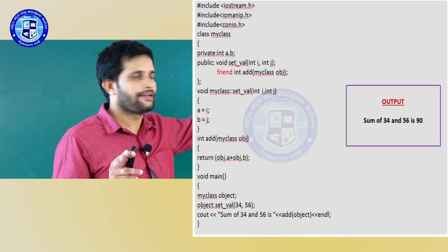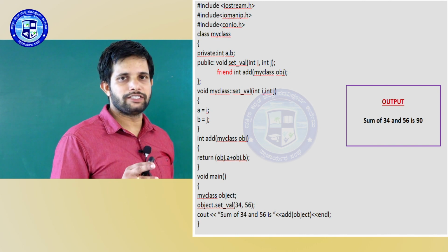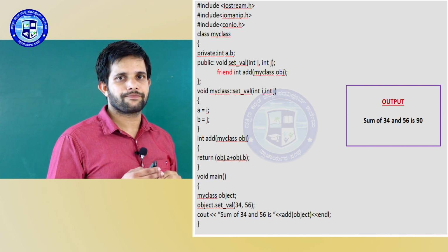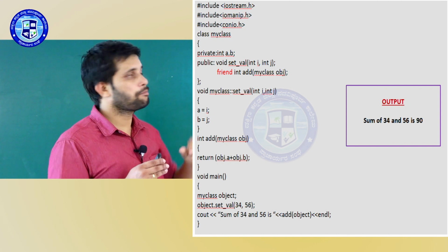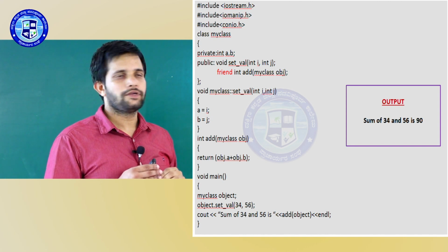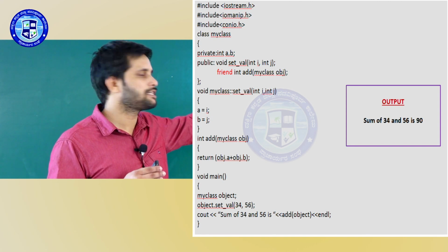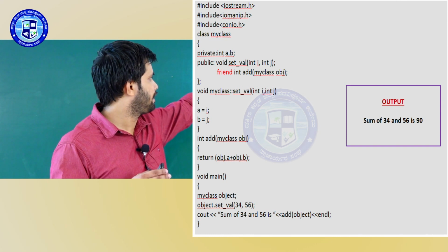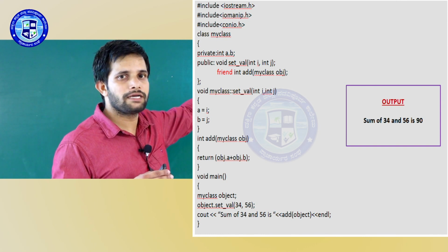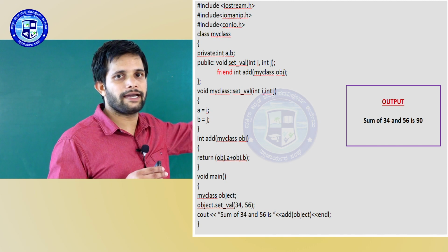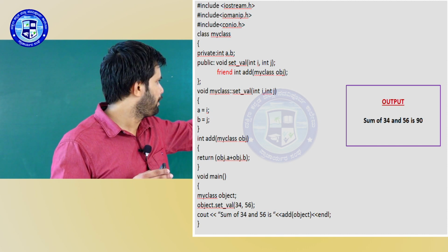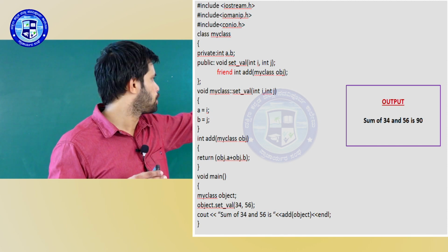So that has to be declared here, my class followed by obj. Obj is the name of the object. Through this object, I am supposed to access A and B. So what you are going to return here from this friend function, you will access A and B. Data members are not accessed directly, as we saw in the characteristics as well. So I write obj.a plus obj.b.